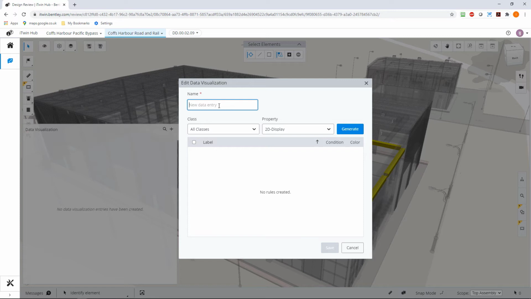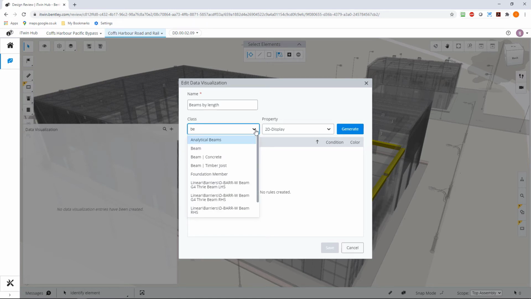I'm interested in beams, and I'm interested in their length. So I want to be able to visualize them based on their lengths. Okay, so let's just call it beams by length. That's probably a good name. And here's what we were talking about: classes of elements and their properties. So if I was to pick something like a beam, perhaps, and if I just type beam,